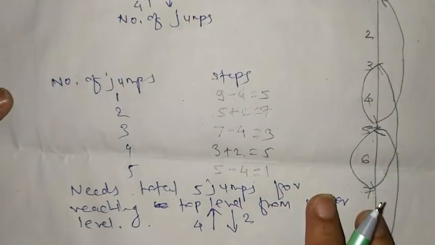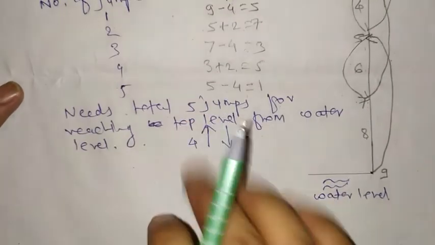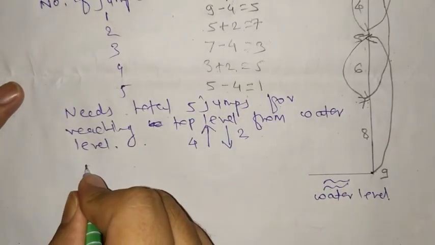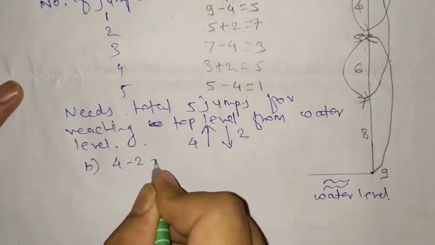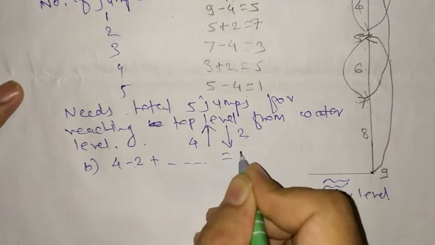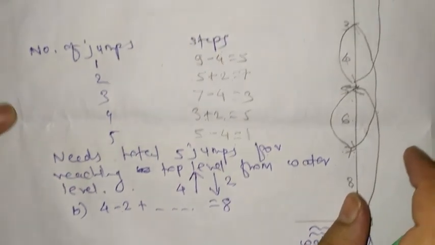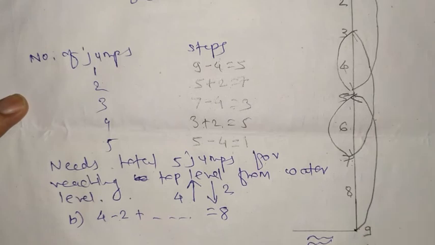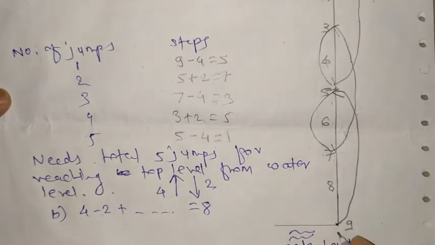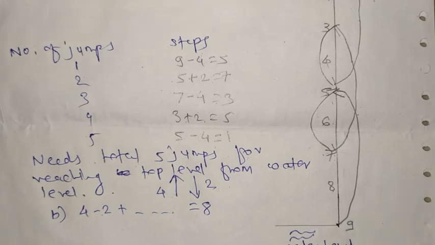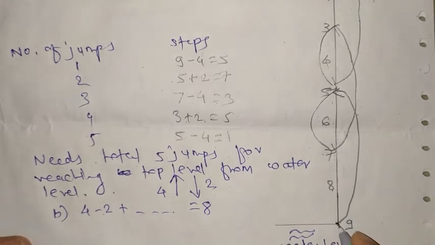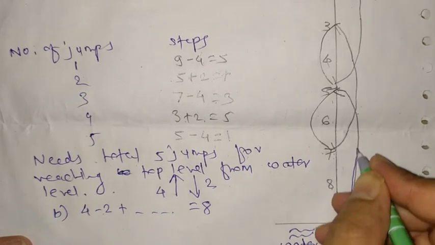Now going into part 2. In part 2, they have first given one equation, and the equation is this one. It is, we assume B, 4 - 2 + 4 equals 8. So in this case you have to tell the meaning of 8. Here going into the diagram, the monkey is now downside, as in the second one we have seen. So in this case the monkey is at the 9th step and going upside by 4 steps.